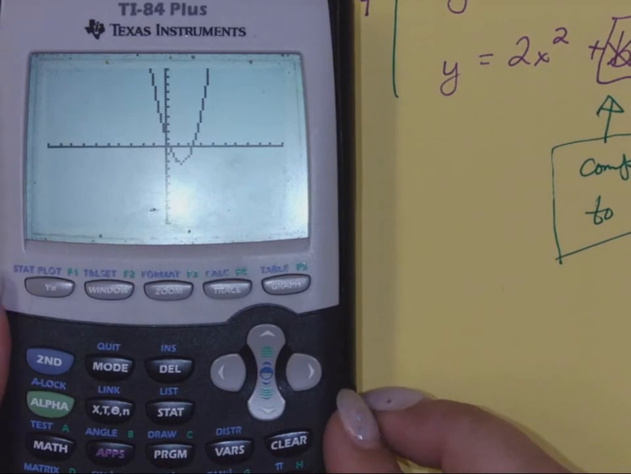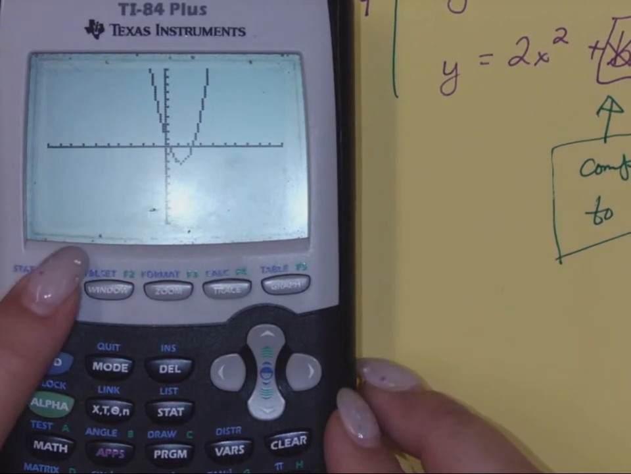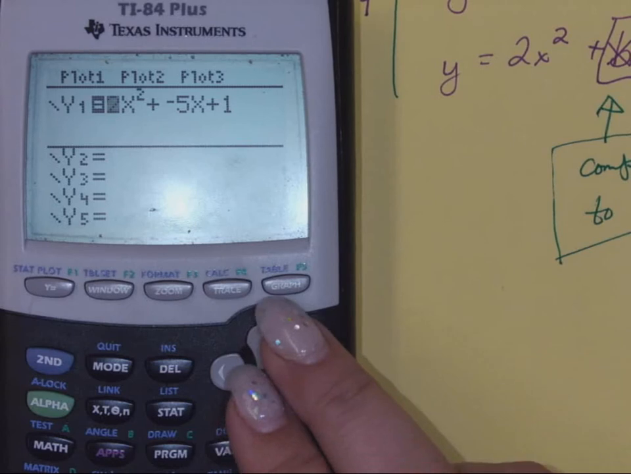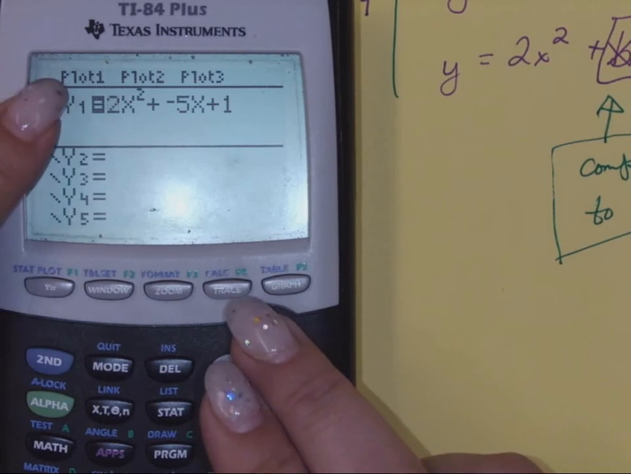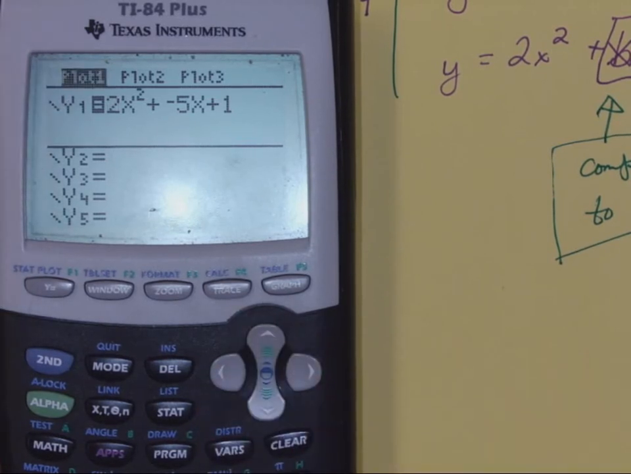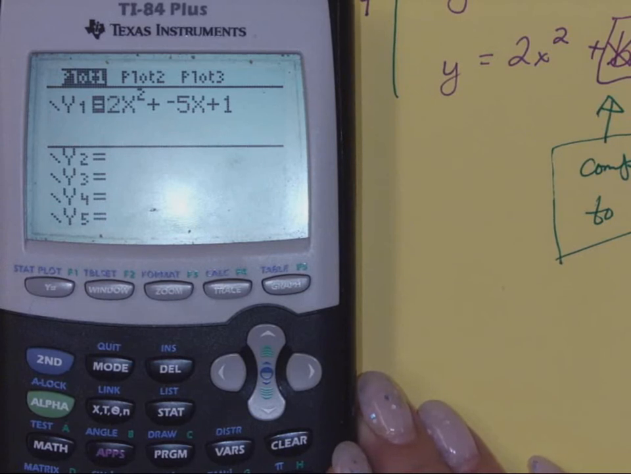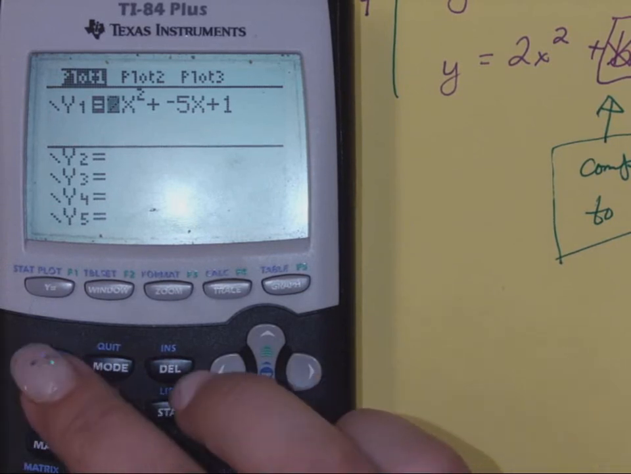And if I want to take it one step further, let me come back to y equals. I see up here that I don't have any of these plots on. I'm going to come up here to plot 1 and turn it on. I know it's on now because it's dark. Okay. The normal default for plot 1 is, if you look at second